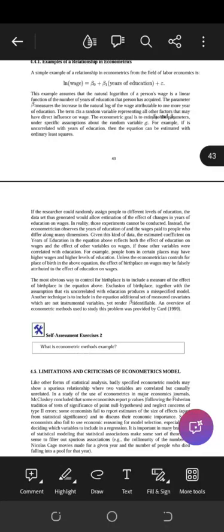If the researcher could answer on uncorrelation, so if you are correlated, that is you can't pinpoint a clear linear relationship between the two variables that you are using. So you can't say okay